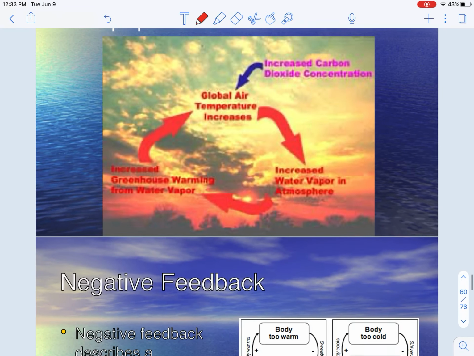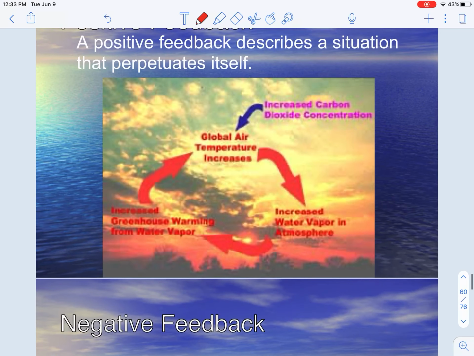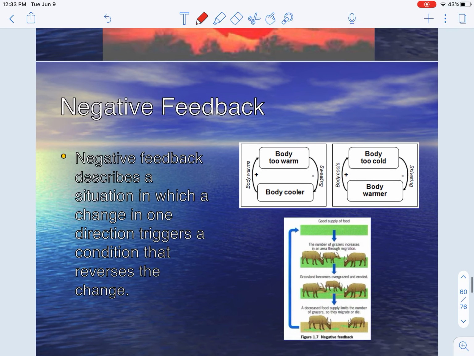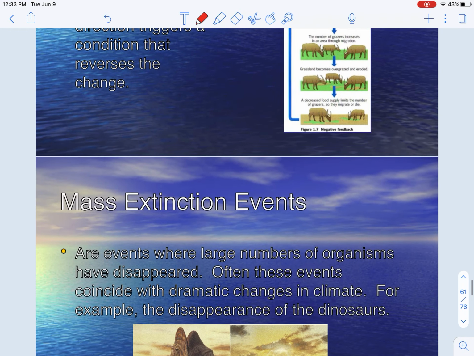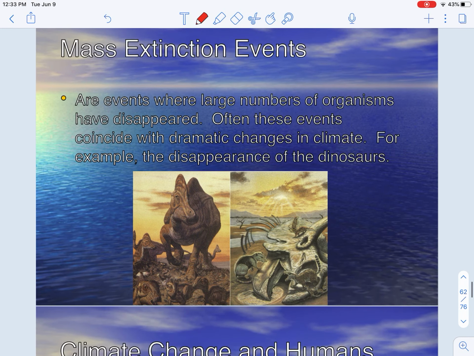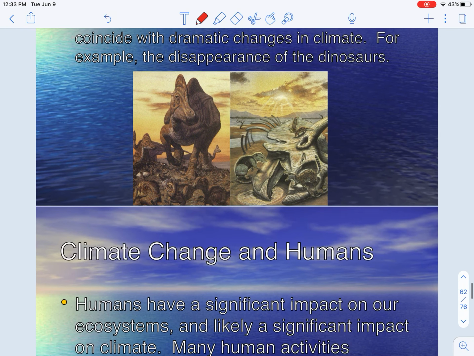And feedback, there's a positive feedback where something happens and it perpetuates more of the same to happen. Like if there was a heavy rain causing heavier rains, that would be considered a positive feedback. Whereas negative feedback would be where something happens in one direction and it causes the opposite to happen. So negative feedback is how many systems in your body work. If you're too warm, the body will do something like perspire to help you cool off. So that would be a negative feedback example.